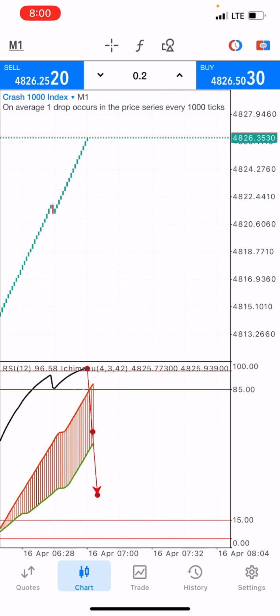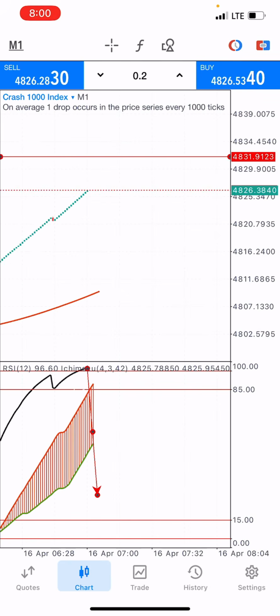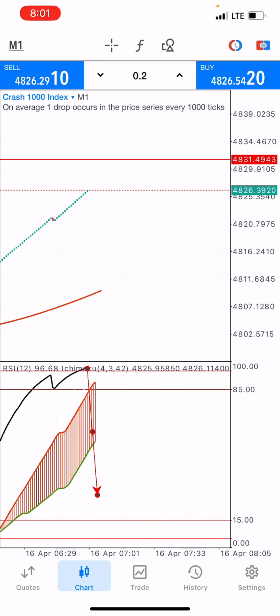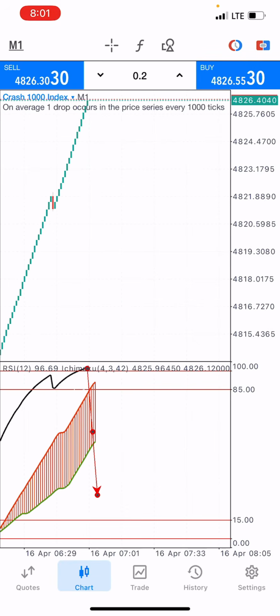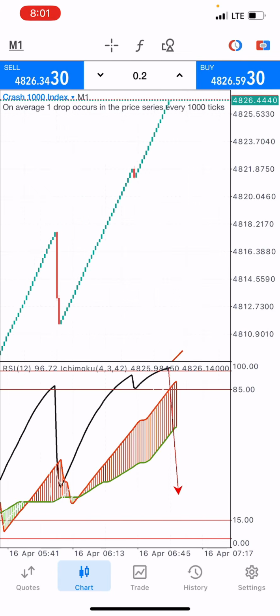All right, you wait for it to keep going up for a while, maybe get to this level, this line here, somewhere there, before you think of catching the spike, because it has done the spike already. So now